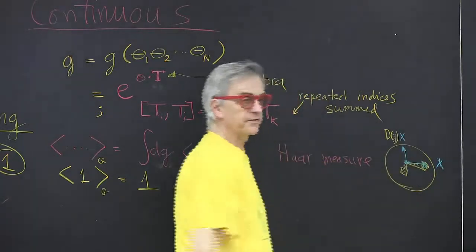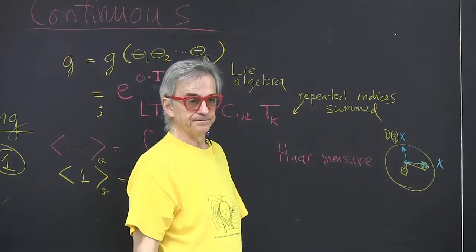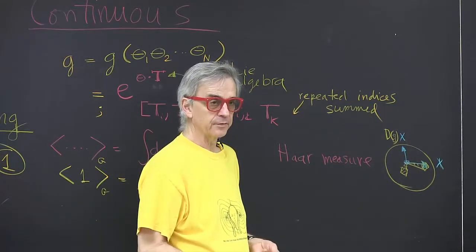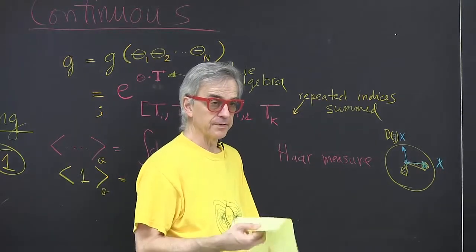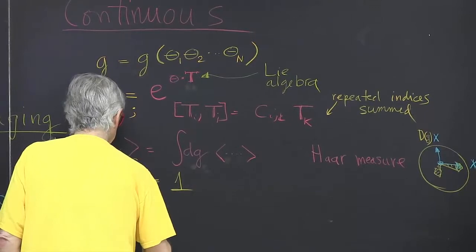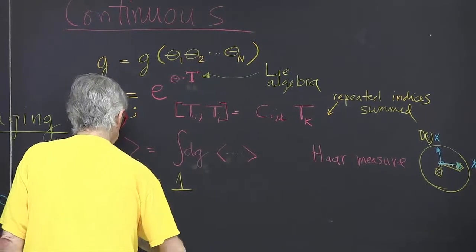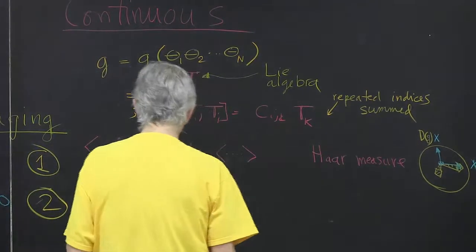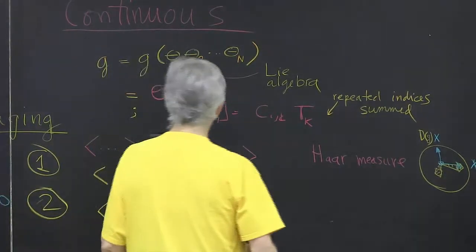If it's uniformly spread over a sphere, I get 0. So it has to be in an irreducible representation. Non-trivial vector,